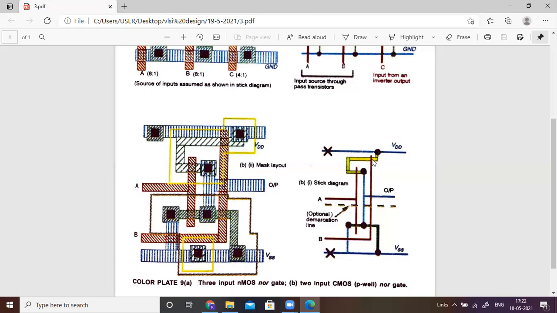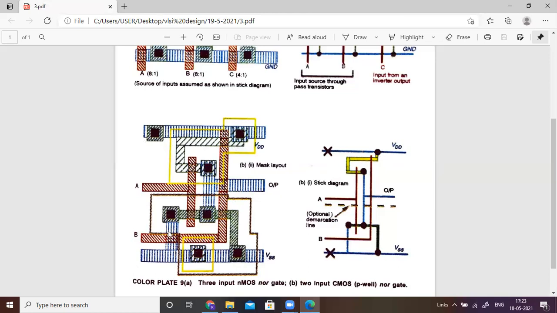Now take a yellow color, green color. Green color for the P Thinox region, but the hatchings will be different here. The separation between the two hatchings will be different. So this is the hatching of the Thinox layer. We can extend the Thinox layer like this in the same form. So this is the formation of the Thinox layer for P transistors.